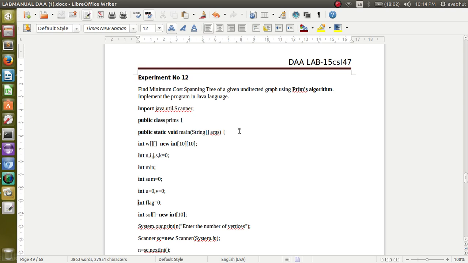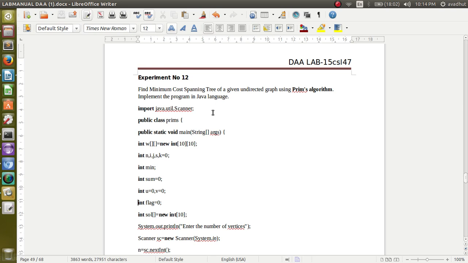So starting with, no need of explanation of what a spanning tree and minimum cost spanning tree is. Okay, let me revise first. Minimum cost spanning tree means the tree with the minimum cost, which is a subgraph of its graph including all the vertices but not all the edges. It is a connected and acyclic graph. So this is a minimum cost spanning tree. It is a subgraph of a graph which includes all the vertices but not all the edges.